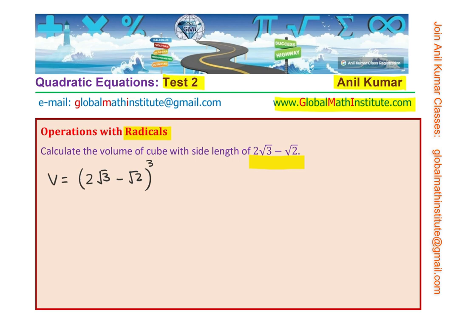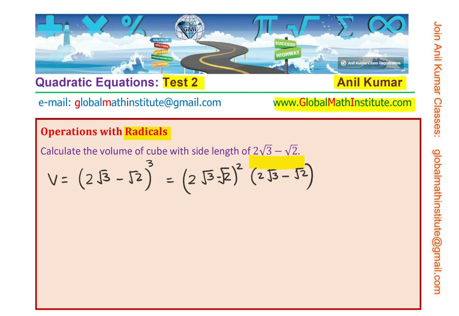You can always pause the video, answer this question by expanding this and simplifying. So basically, it means that you will need 2 square root 3 minus square root 2 whole square, times 2 square root 3 minus square root